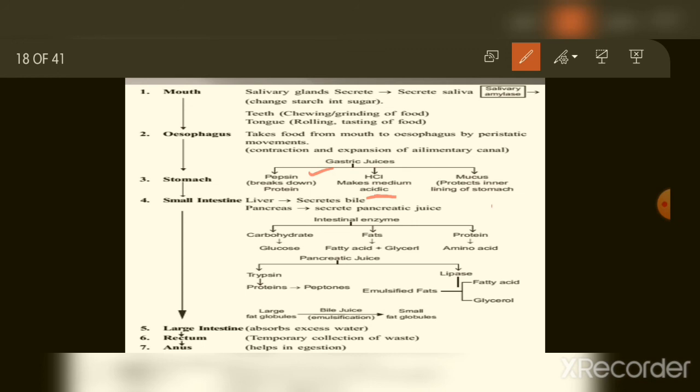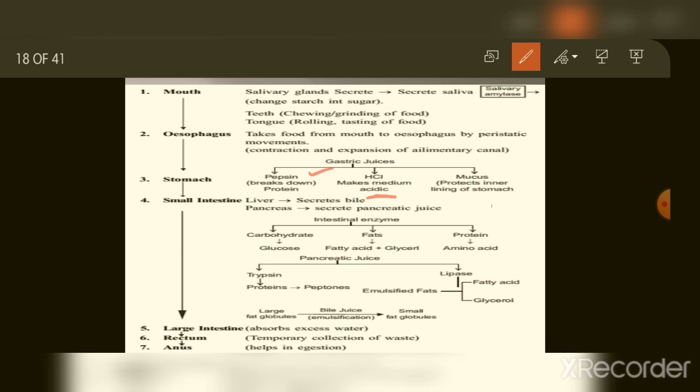And the digested food is taken up by the walls of the intestine, because there are numerous finger-like projections called villi. You have studied it before. These are present in the lining of the small intestine, which increase the surface area for absorption. They are richly supplied with blood vessels, so that they can take the absorbed food to each and every cell of the body, and build up new tissues and repair the old ones.